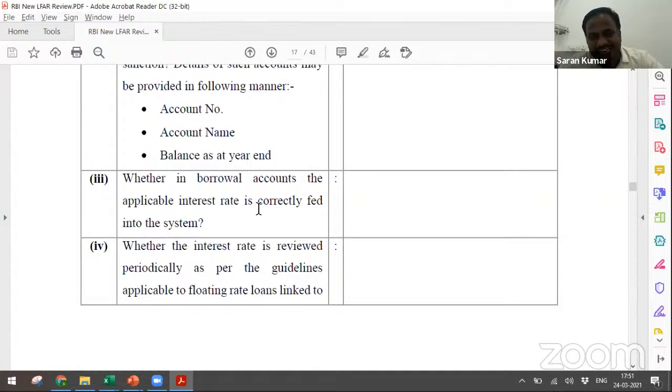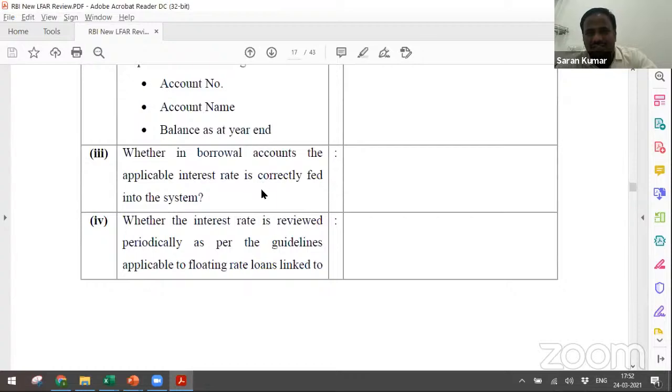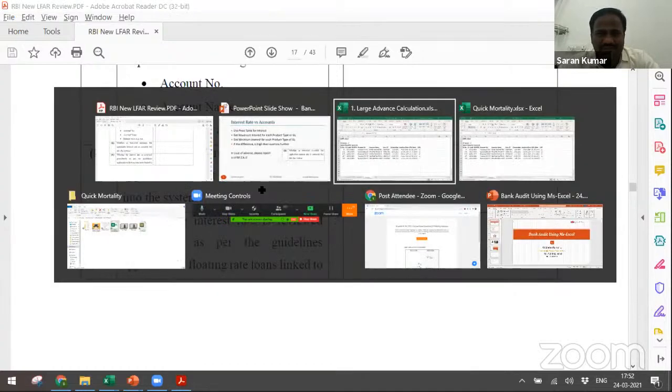If there is any change, is the additional sanction letter being attached here as a supplementary copy? Then whether it is matching or not. If it is matching, they have to come back and put a comment in the remarks that yes, it got matched. But how to take the sample for this is the most important question. So let me go back to my file.